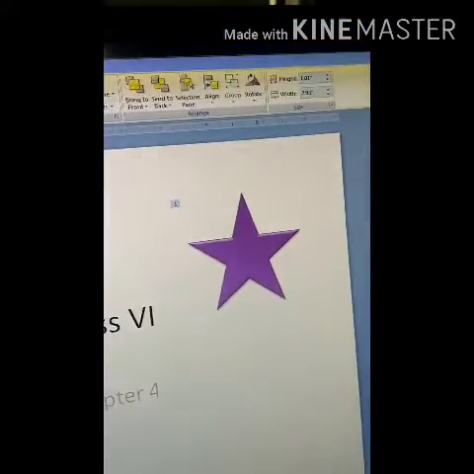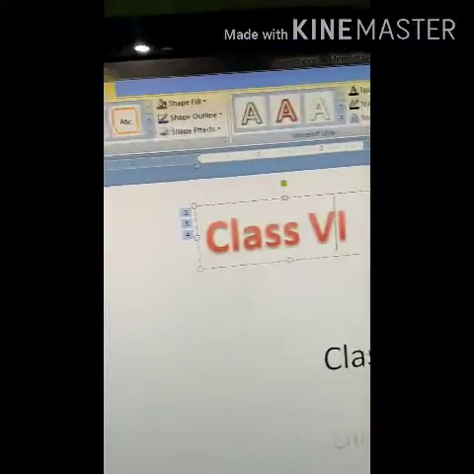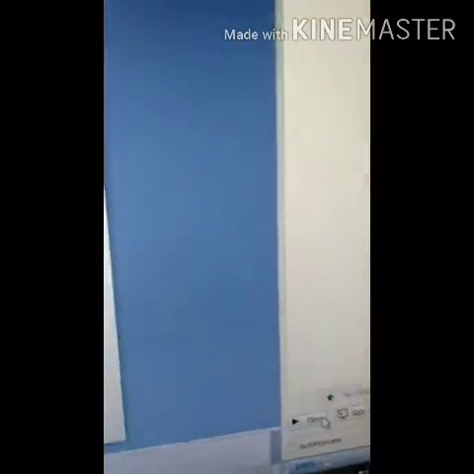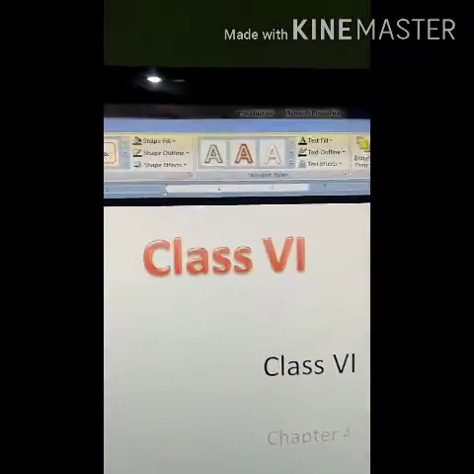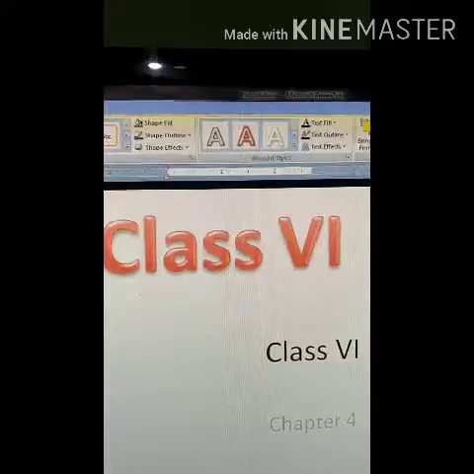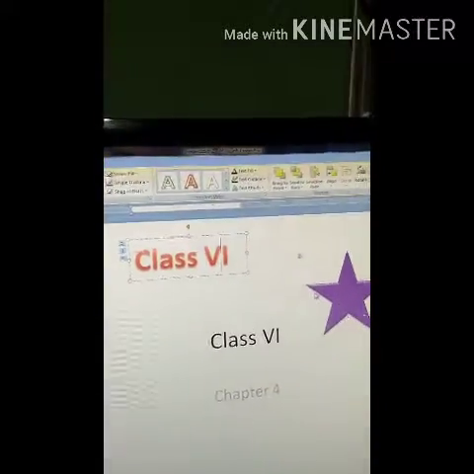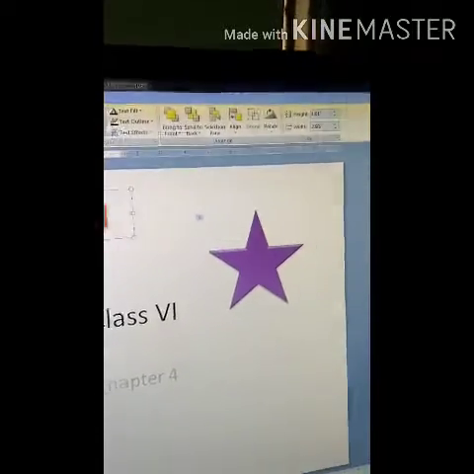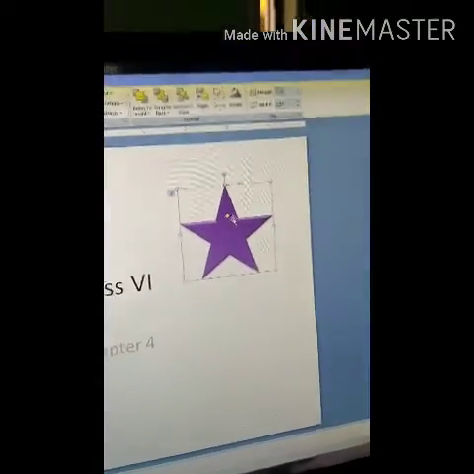Select grow and shrink and play. Click on play. This one the first and this one second. It is growing. So this many effects we can apply, and timing I have told you.